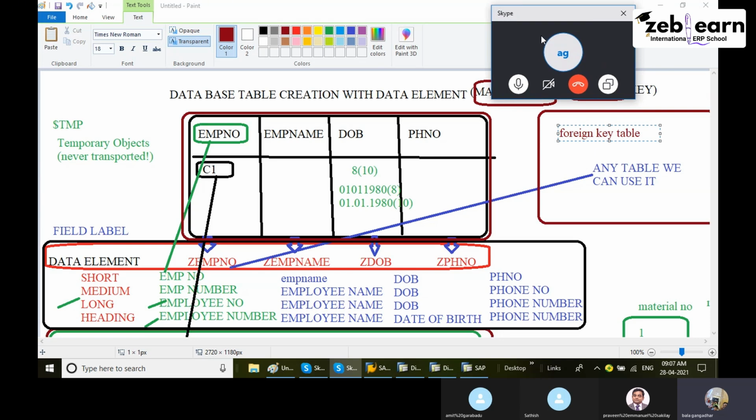Okay, that's it. Now today I'll stop. Practice this exercise. If you have any doubts,